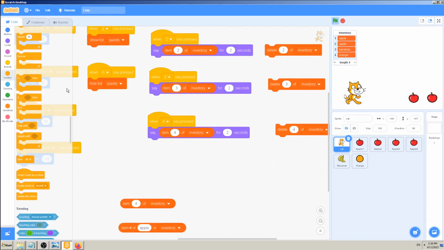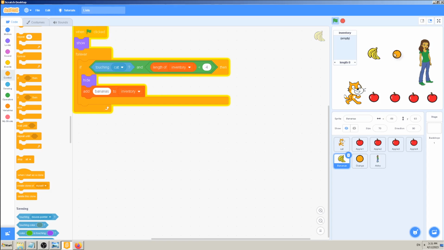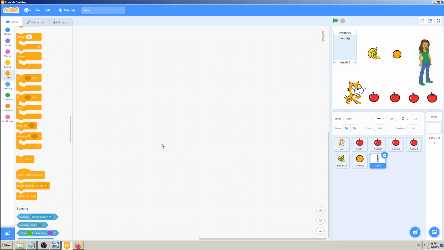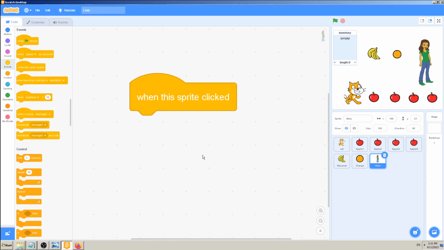We will take the first one, it doesn't matter, Abby. So Abby will stand here, and when I start my game, I have to change the spacing here. What I want to do is, when the character clicks on Abby, I need to find when this sprite is clicked, and again I'm in the Abby character, I'm coding in her. So when this sprite is clicked,